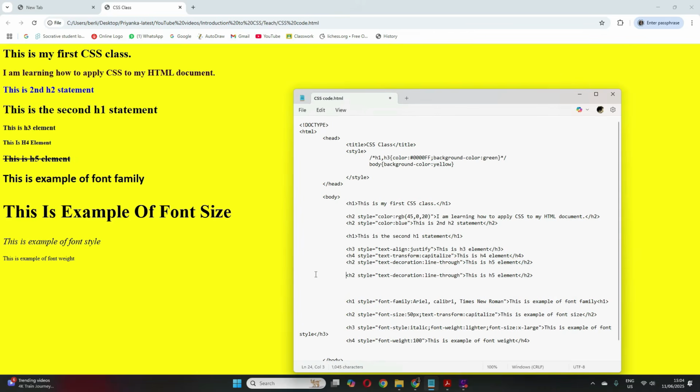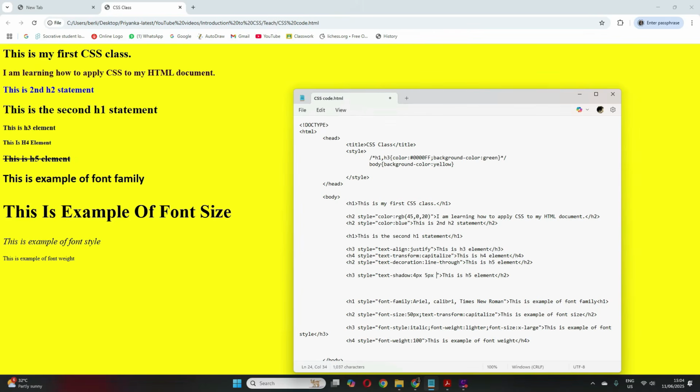Let it be H3. I'll add text shadow. Here we have 4 parameters. We give the distance first, 4px, space 5px, that's vertical.